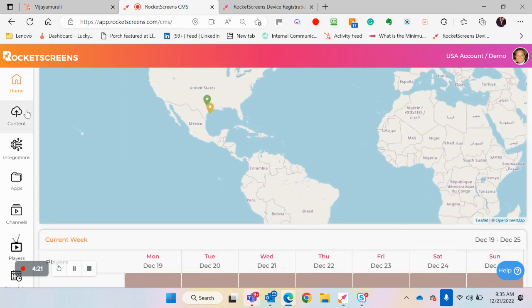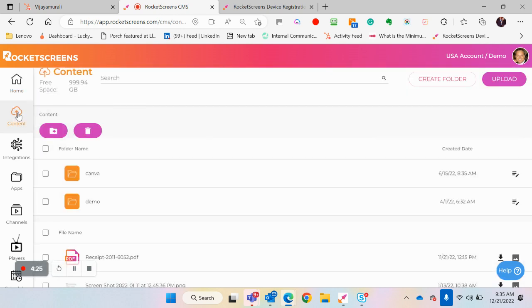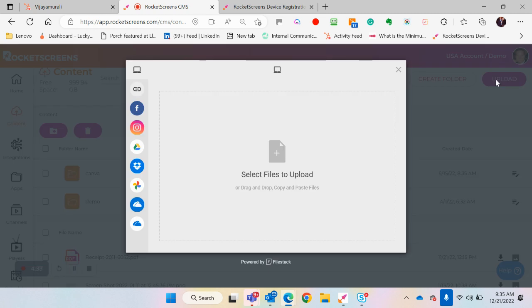Now starting to build our Rocket Screens channels, we have the ability to create and load up information. From here, we can create folders, which is really nice for organizing content. And we can upload files. If you have personal files, Word documents, images, videos, PowerPoint slides, and the like, you can upload them here. And you'll see below,